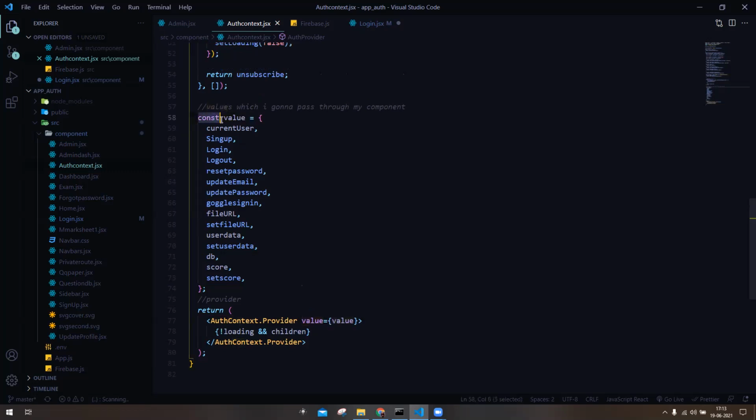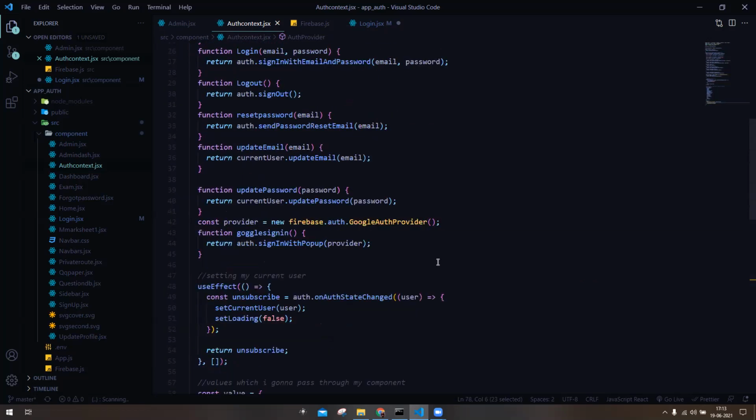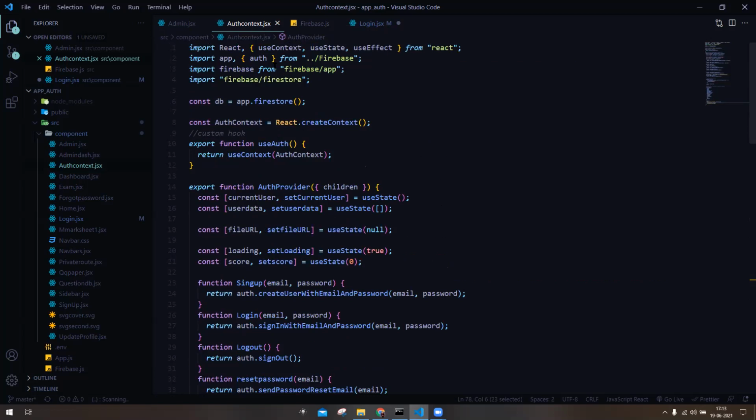I have created this value as an object, and it has various useState or local state variables, and also functions like sign up, login, logout. I can pass all those values in this context, and this value can be extracted by any component inside AuthContext.Provider.